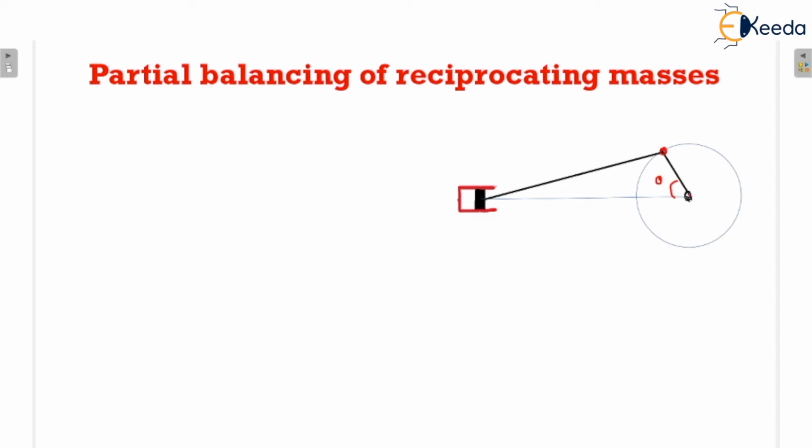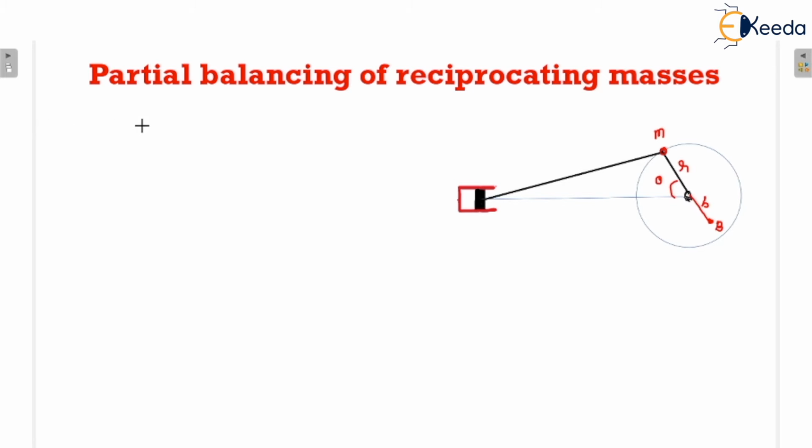We have assumed that on the opposite side of the crank there is a mass B, capital B, which has to be attached, and small b is the radius of rotation of this mass. There is a mass M to be balanced, which has a radius of rotation R. We have seen that there is a perpendicular force which remains in the system. So we have not considered the balancing of the reciprocating mass completely, and we are going to discuss partial balancing.